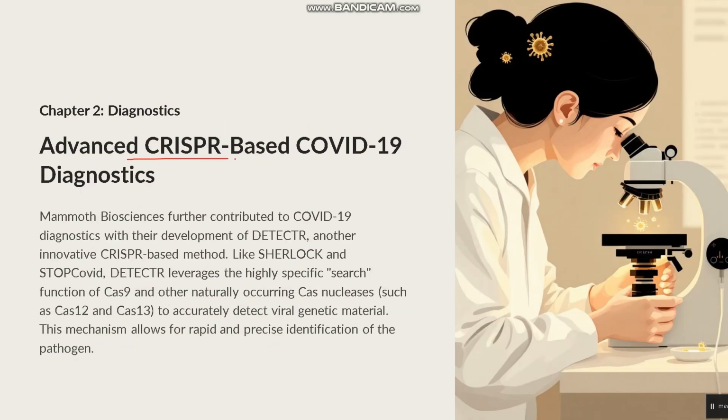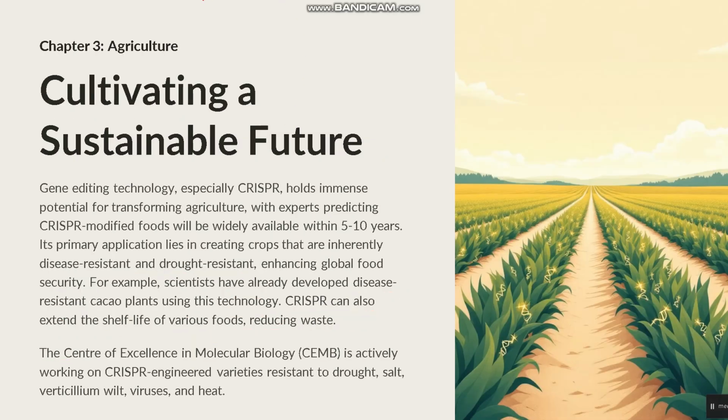Advanced CRISPR-based COVID-19 diagnostics, like Sherlock and STOPCovid, leverage the highly specific search function of Cas9 and other naturally occurring nucleases, for example Cas12 and Cas13. They don't only use Cas9, but other types like Cas12 and Cas13, to accurately detect the viral genetic material. This mechanism allows for rapid and precise identification of the pathogen. So the third one is